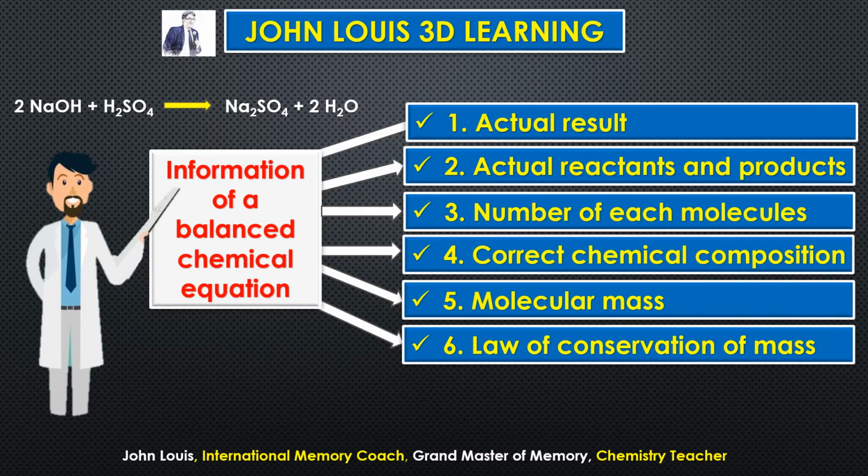If the total mass of the reactants is not the same as the total mass of the products produced, then this equation is not correct. Somewhere something is wrong. This is what is known as the law of conservation of mass. So mass before the reaction and after the reaction remains the same. Understand? Okay, now let us try to find out the total mass of the reactants and products for the same equation.